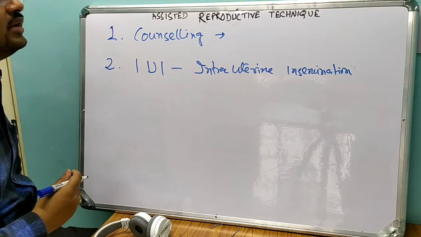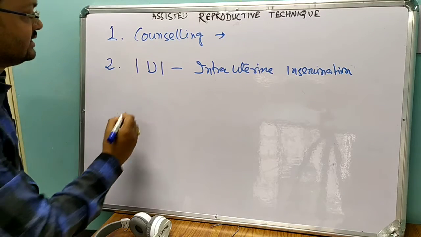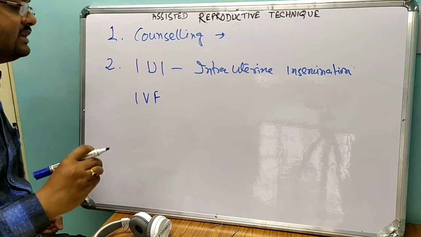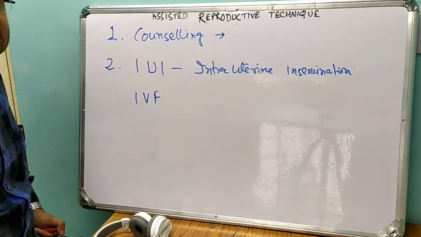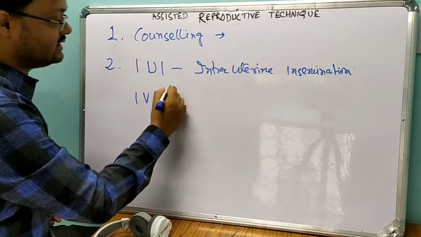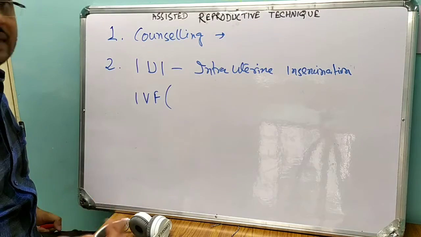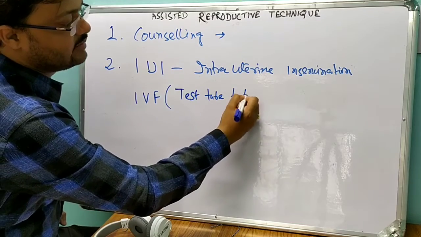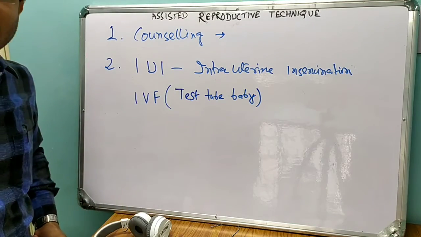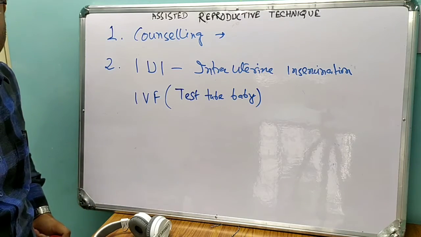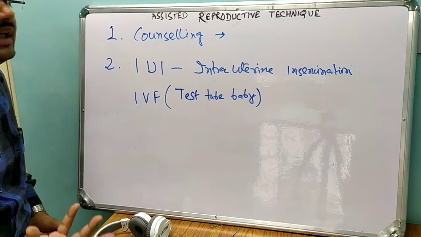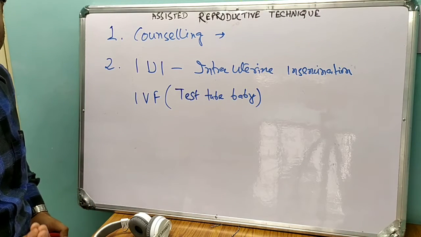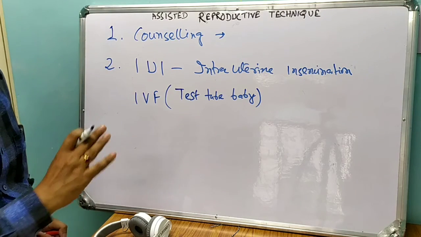Now these modern days we usually go for in vitro fertilization, IVF. That means fertilization will occur outside the female body. This is also, in day-to-day layman terms, known as test tube baby. Remember that never ever has any baby been created inside a test tube. Most of the time a petri dish is used, and most of the time only a morula, that is the 8 cell or 16 cell stage, we produce in the laboratory.